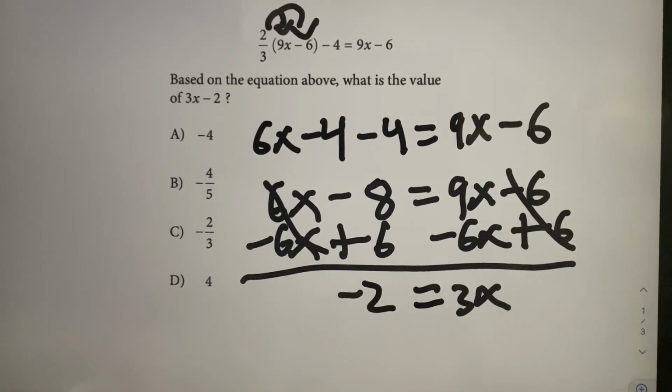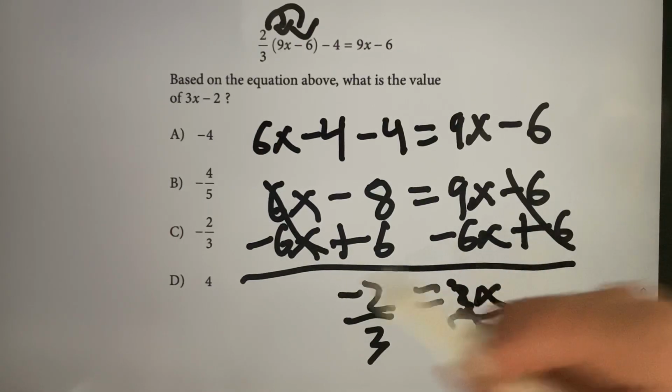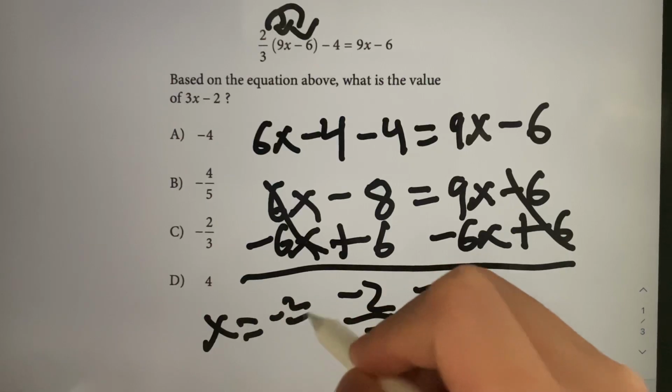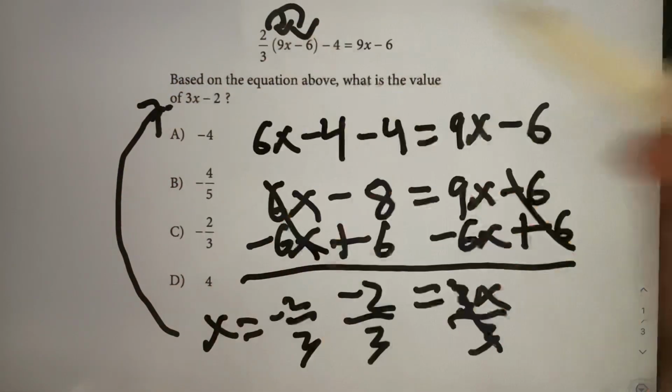To get x by itself, what do I need to do? I just divide both sides by 3. That 3 over 3 cancels out, giving me x is equal to -2/3. Now that x is equal to -2/3, I'll just plug it back in to what the question's asking for, 3x